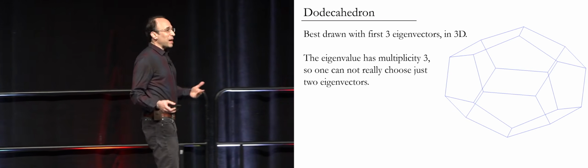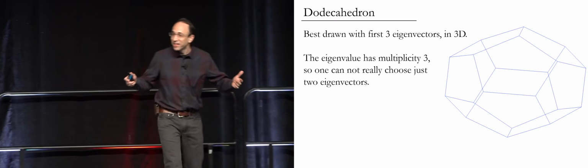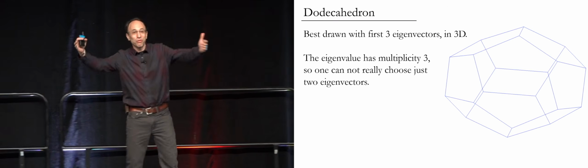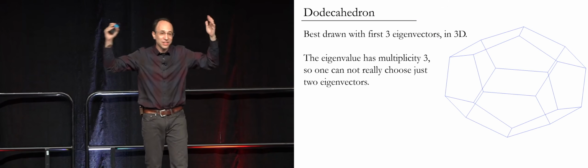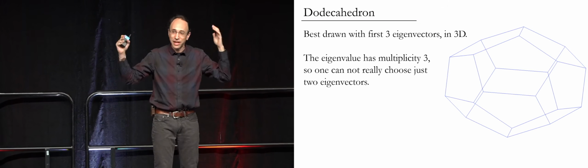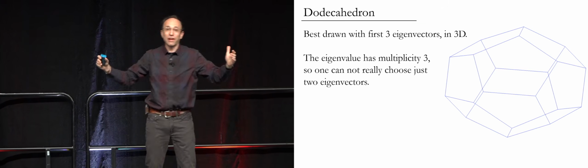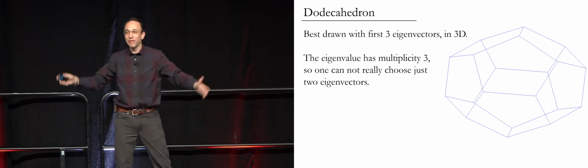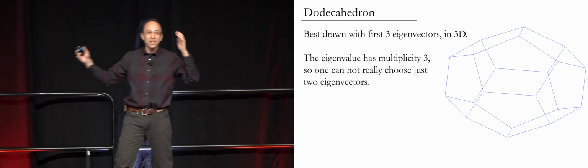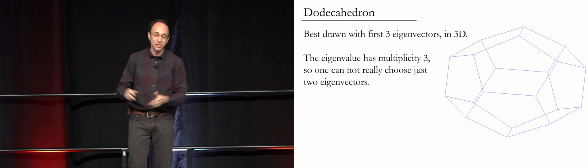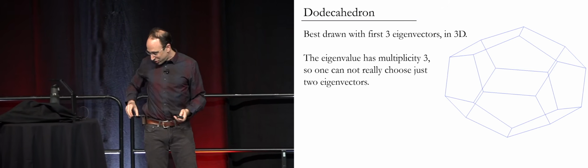If I imagine maybe 10 years from now you would all be wearing 3D glasses and I'd have a 3D projector and we could look at the dodecahedron in 3 dimensions on the stage. If we plotted it with 3 eigenvectors, you would actually get exactly the dodecahedron as you expect in 3 dimensions. And the same is true of every Platonic solid in every dimension and all sorts of other regular polytopes in higher dimensions. If it's in d dimensions, you take d eigenvectors and you get the image of it. Okay, but some graphs are just too complicated to be